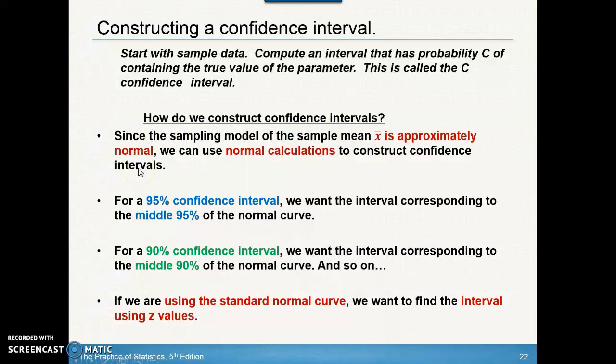That's where 95% came from. 2 standard deviations above, 2 standard deviations below, but we can only do that if we know it's approximately normally distributed. So think about this. For a 95% confidence interval, we want the interval corresponding to the middle 95% of the